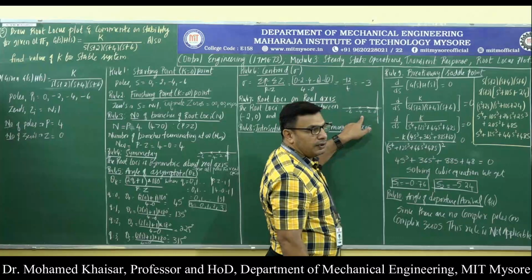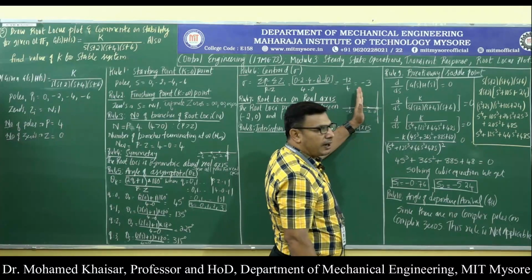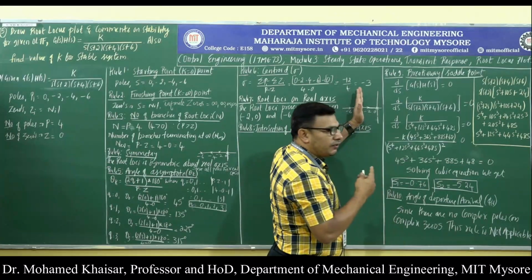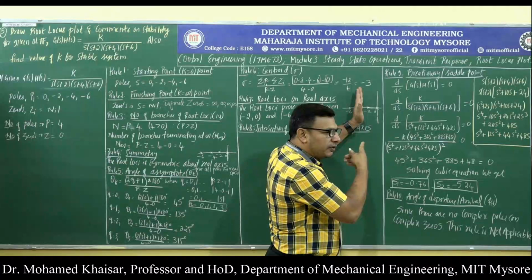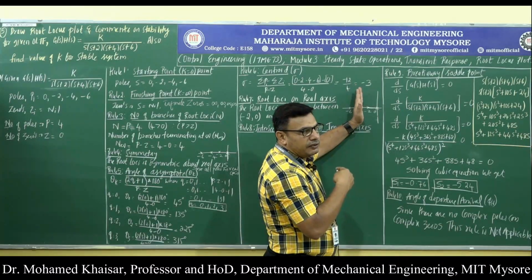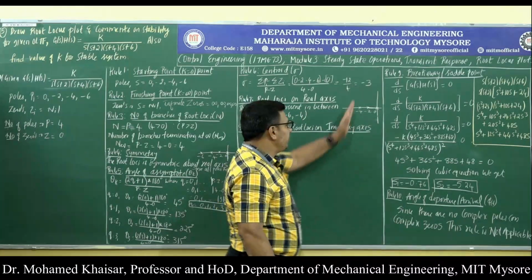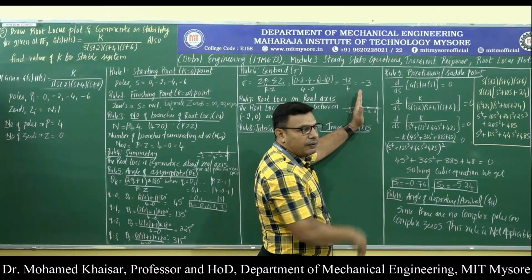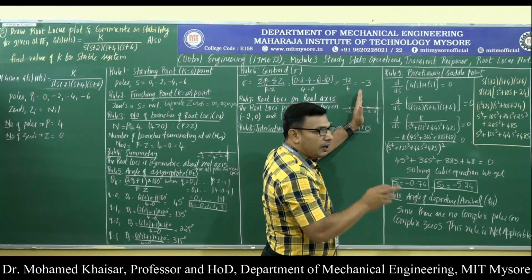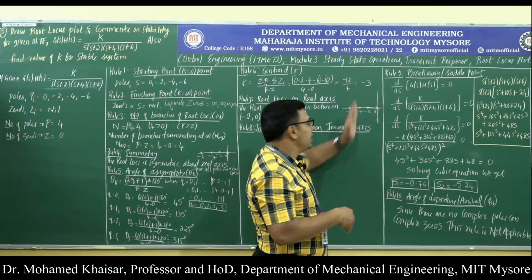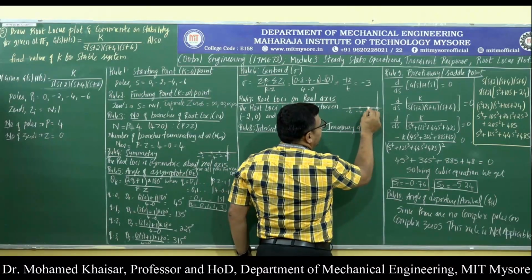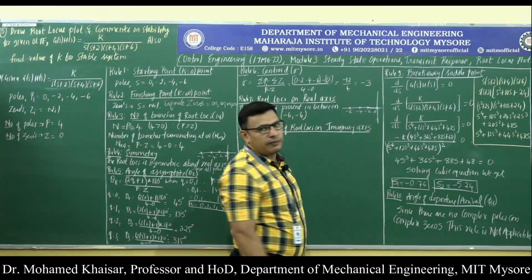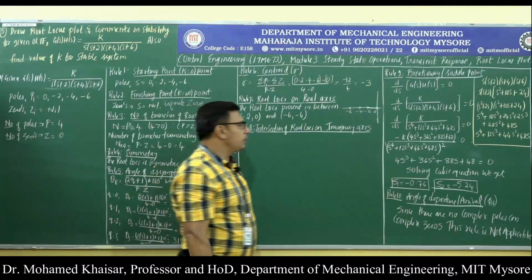Come to the next pole, that is minus 4. Keep your hand here, look to the right of minus 4, then you will find the count of poles and zeros. There are 2 poles present, one at minus 2 and one at 0. That means the count is even. When the count is even to the right of the point from where you are trying to find the presence or absence of root locus, then root locus will not be present. So, between minus 4 and minus 2, the count is even, because of which the root locus is not going to be present.